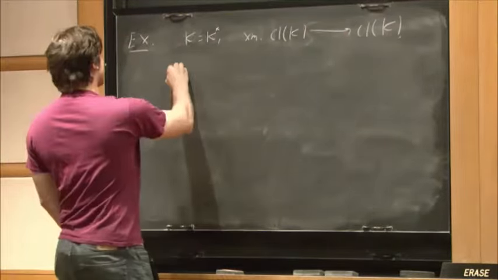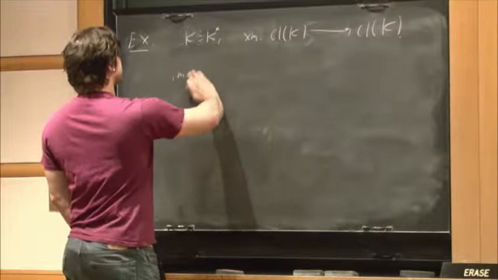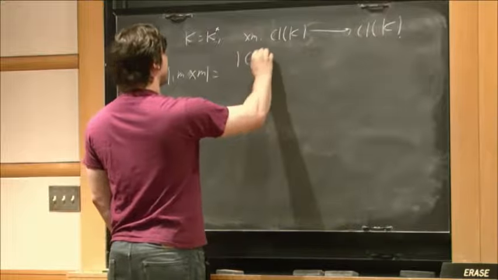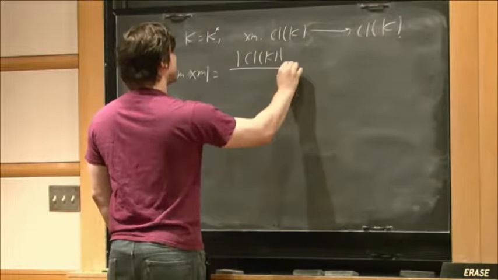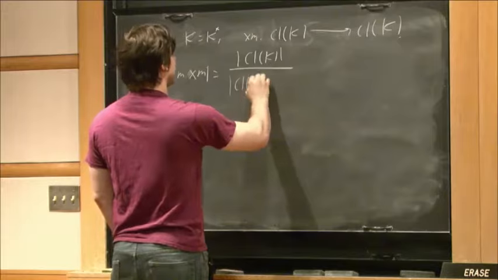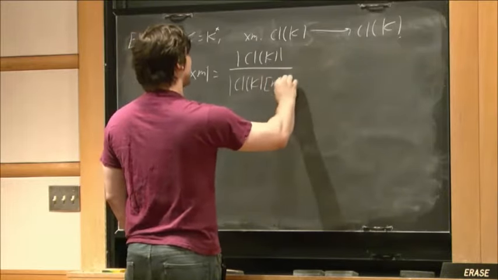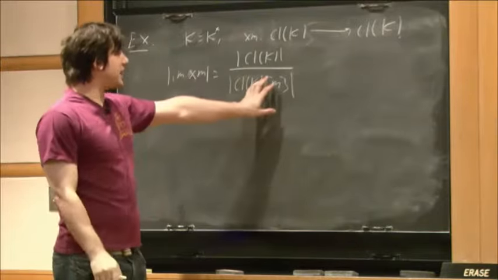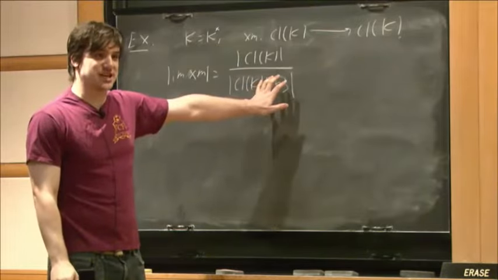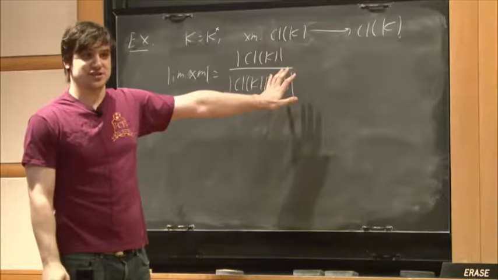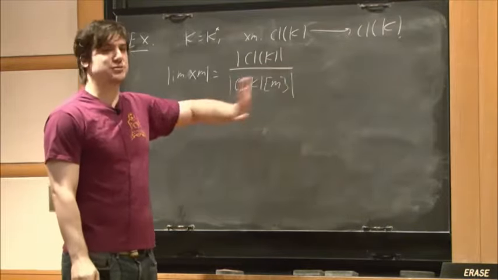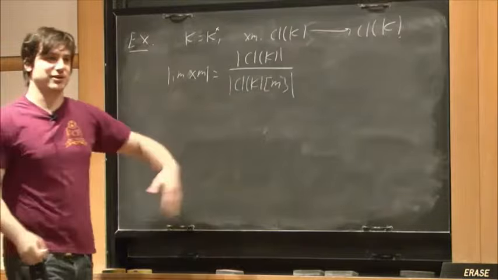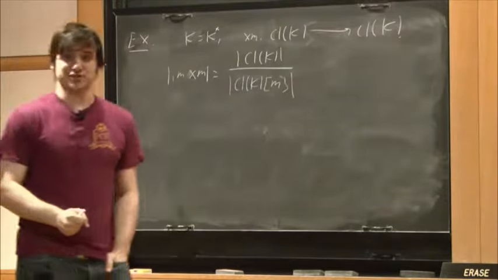So in this case, the size of the image of the multiplication by M map is, using group theory, the size of the entire class group divided by the size of the M torsion in the class group. And it turns out that bounding M torsion in class groups is extremely difficult. So this is a problem about which we know almost absolutely nothing. Only in extremely low degree cases can we provide some sort of non-trivial bounds.